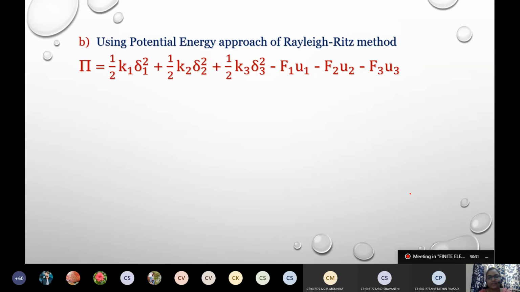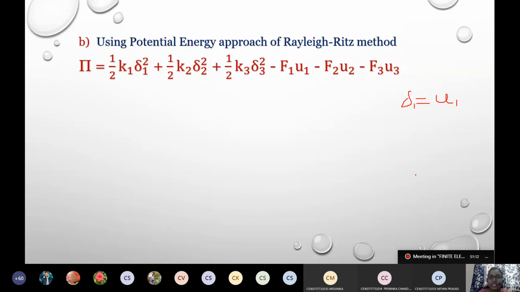No, ma'am. Then what will be the variable? Delta 1. All right. Extension in the springs is with respect to the... Ma'am. Exactly. That is what I was telling. Thank you very much. The extension in the springs depends upon the displacements of the nodes. That is why the delta terms we have are in terms of U. Is it not? In the starting of the problem itself, we have seen extension in the springs are in terms of the displacements of the nodes.